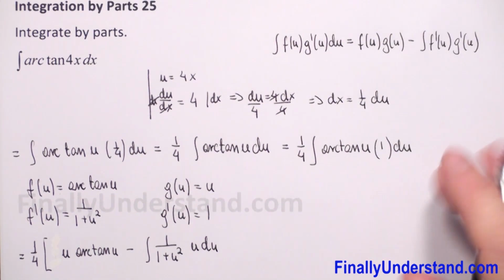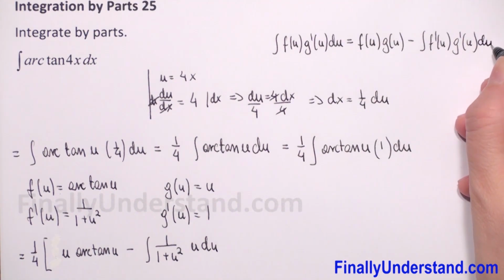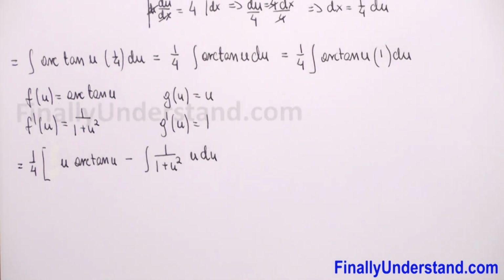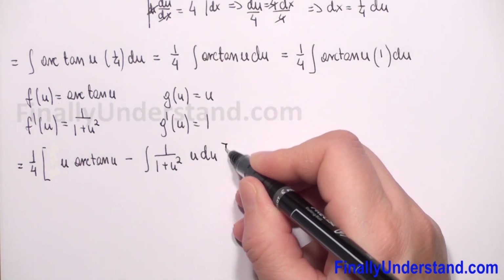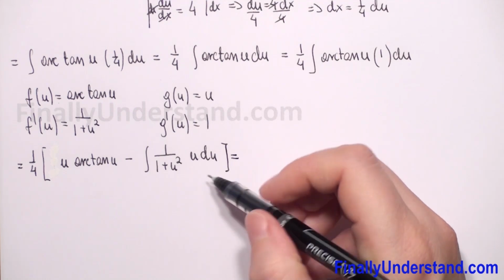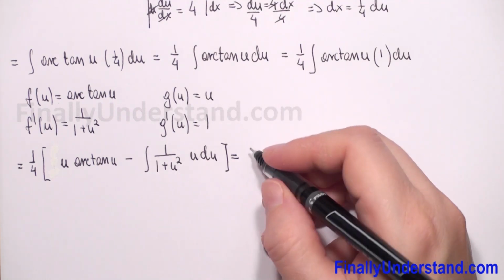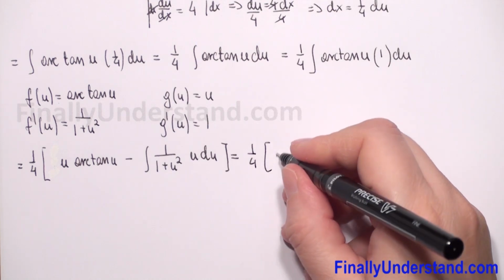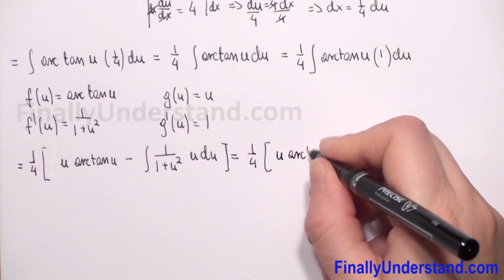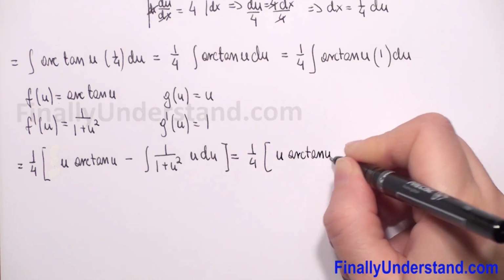I forgot here to put du. So this is equal, we have to close brackets. First we copy 1 over 4, and in brackets we have u times arctangent of u